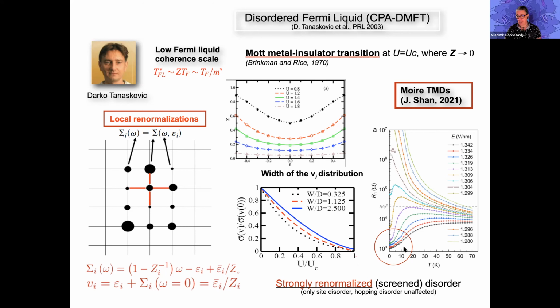This requires further study. But I want to mention that this result is obtained for pure site disorder. It turns out the same theory, if you had hopping disorder, the result is that the hopping disorder is not really affected or reduced by this effect. So the disorder is not going to be completely suppressed, but can be significantly weakened as you approach the transition. And that may explain why approaching a transition where your kinetic energy, where your metallicity is dramatically reduced, doesn't seem to affect transport too much.